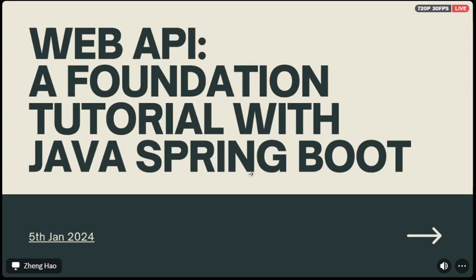Basically, just a very quick foundation tutorial to expose to you guys how you have actually heard web API and APIs everywhere every day, right? And how does it actually work, and how do you actually make an API request and handle it on the server side? So yeah,